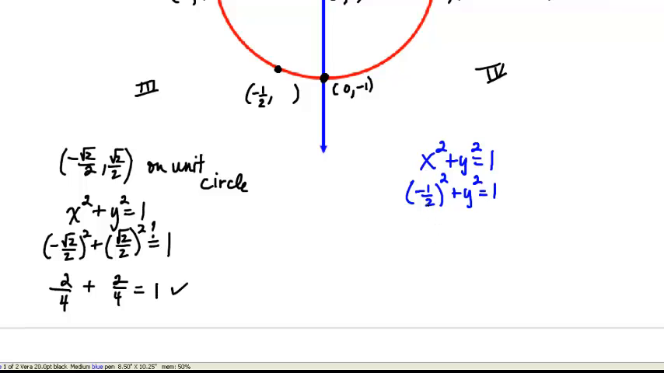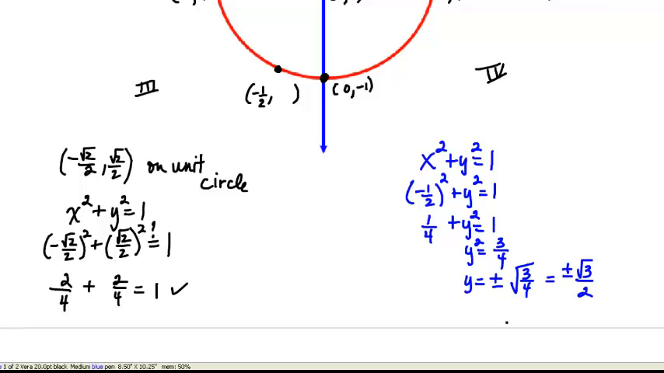So negative 1/2 squared is going to be a positive 1/4, plus y squared is equal to 1. So when I subtract 1/4 from both sides, I would get 1 minus 1/4, which is 4/4 minus 1/4, or 3/4. And then we have to use the square root property, which says that y would be plus or minus the square root of 3/4, or plus or minus the square root of 3 over the square root of 4,